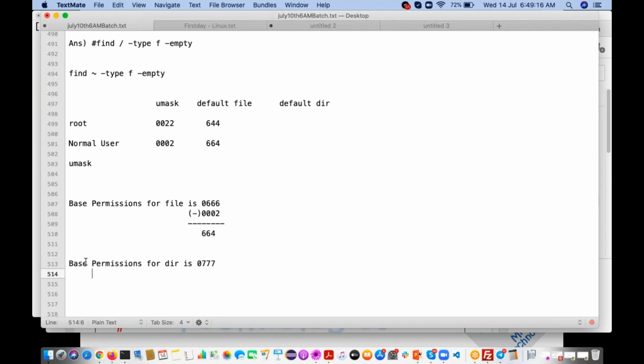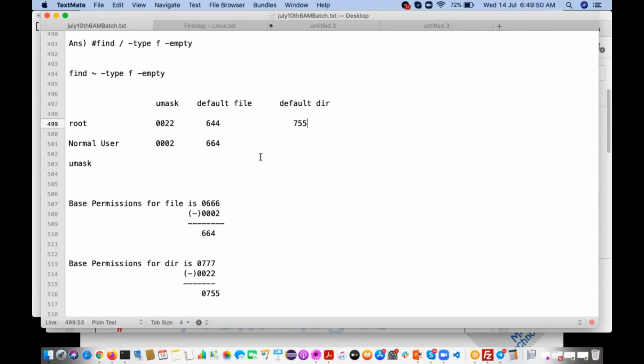From that, you subtract the umask value. The umask value for the root user is 0022. After subtracting, the value is 0755. So if you create a directory with the root user, 755 is the default permission.